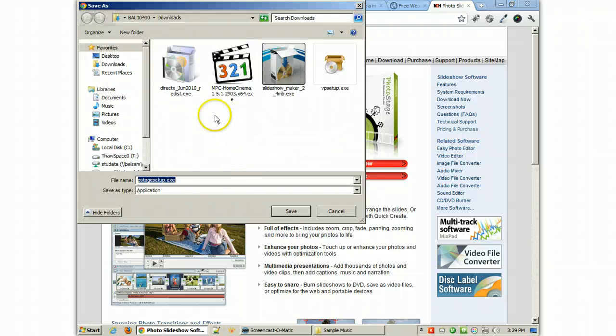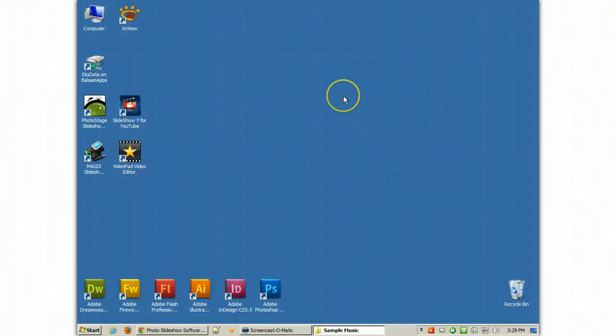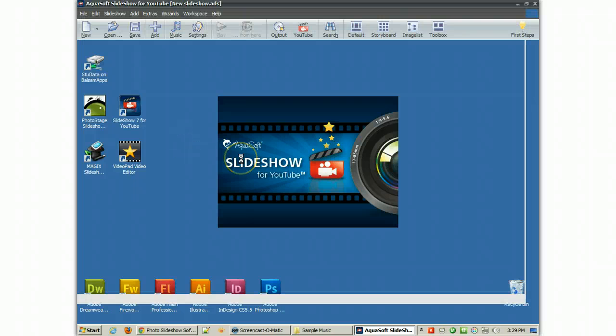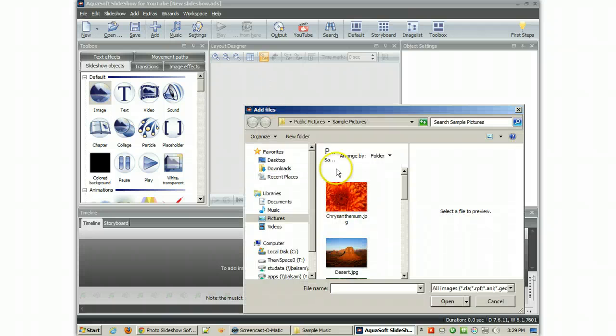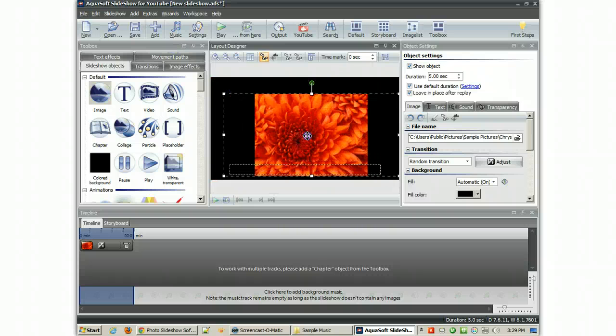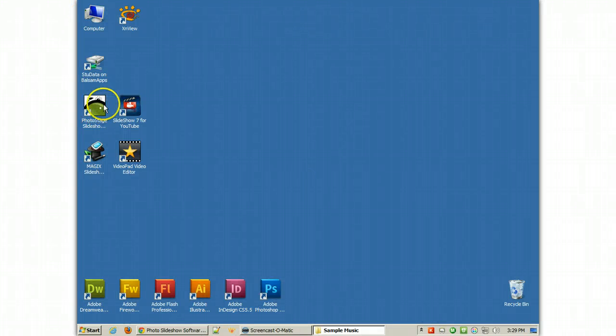Anyway, I've downloaded the software, and I'm going to go ahead and install it. Now, I believe I've already installed this software along with some other ones. And there is the software. Here's the slideshow for YouTube one, the Aquasoft. I installed that just to see what it looks like. I can choose my different settings, and I've got images that I can import. But then I'd have to go and find an image, and then I can zoom up and scale it and do a whole bunch of stuff with it. I just don't really know how to use this software yet, so I'm not going to go through it too much. Then there's PhotoStage,